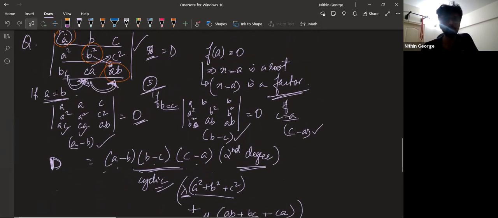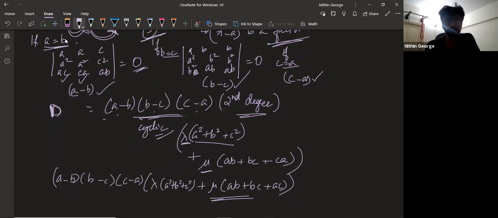Now we are expecting a fifth degree term to come out of the determinant. To find the fact that it is a fifth degree term that I'm getting, first I notice that it is homogeneous across every row. All right. Everything has the same thing. So when I expand, I can notice that each and every term will have degree 5. I already have 3 factors with me. So 3 degrees are taken care of, 2 degrees are left to be taken care of.